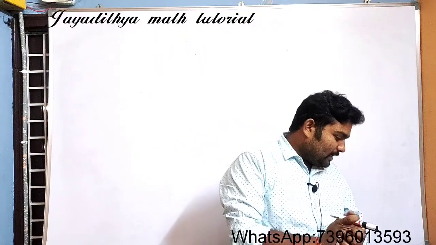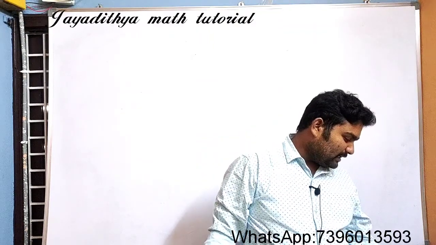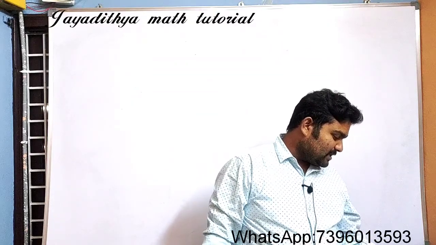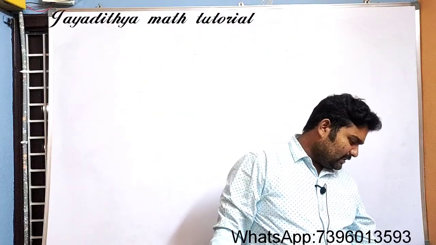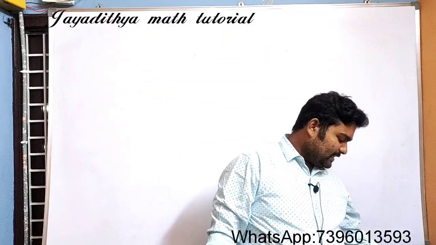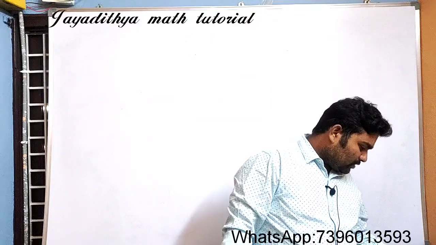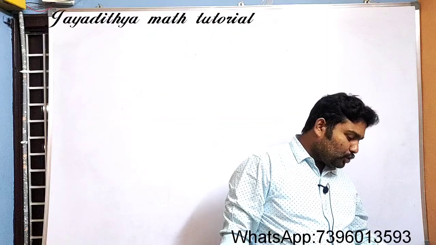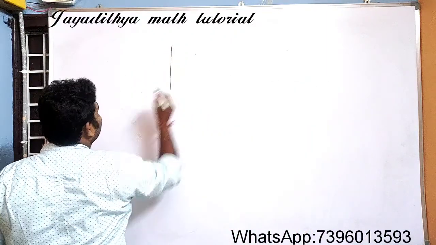And the next one is: the angles of elevation of the top of a tower from 2 points at a distance of 4 meters and 9 meters from the base of the tower and in the same straight line with it are complementary. Find the height of the tower. See here the question is somewhat not clear. So let us draw the tower first in order to understand clearly.